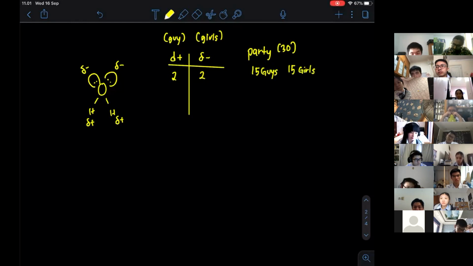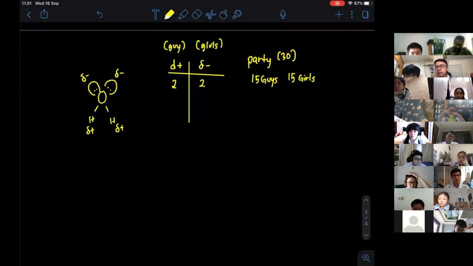Now, if they want to couple up or pair up, each one guy will get one girl. So it means that everyone will have the chance to pair up. It means that if I have water,